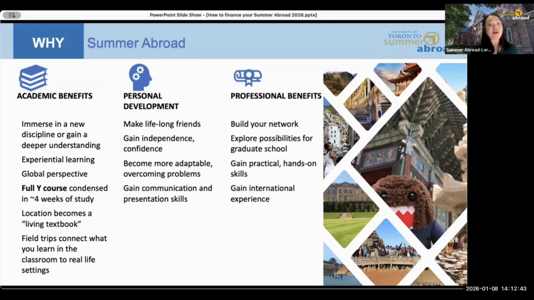It's an opportunity to build your network, not just with the instructor who's teaching you, but with the experts on the ground. Maybe you're thinking about a science research opportunity in Switzerland. Where else would you have an opportunity to immerse yourself in that specific area, have a connection with individuals over that period of time, and explore your career pathways, build your networks, and have a fantastic international learning experience.